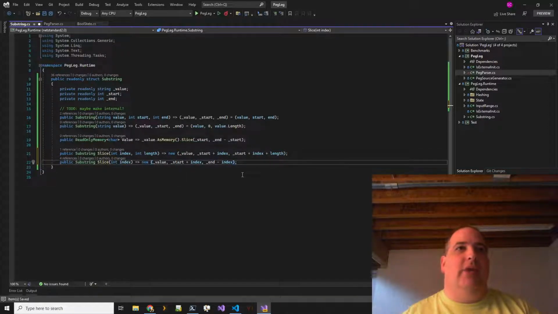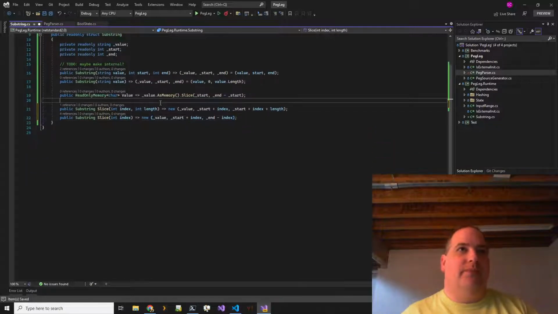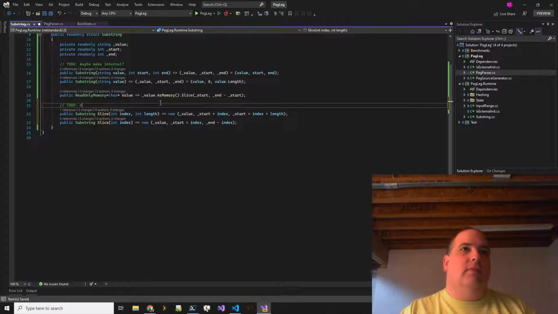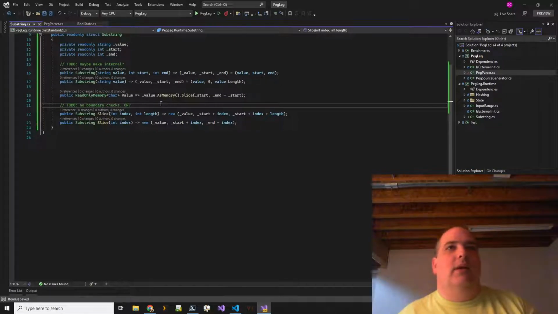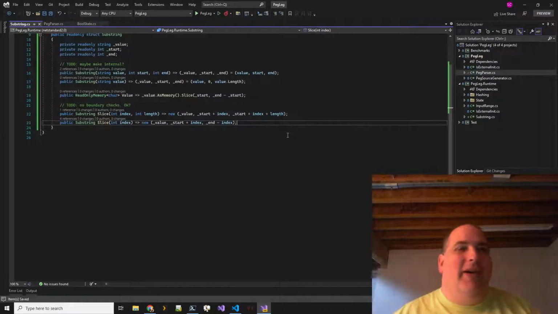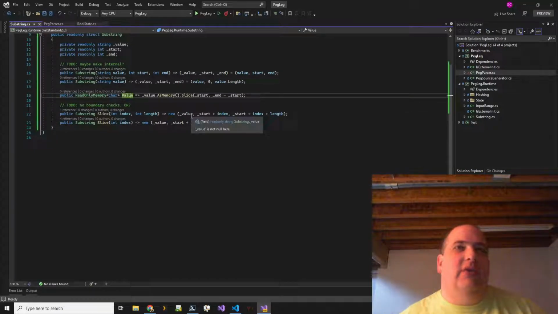I might come to regret that decision. The idea being that this kind of slicing is only going to be done internally by the peg parser, so it shouldn't ever be a problem. We'll see. Oh, I am exposing read-only memory here. Okay, although I don't really need to.